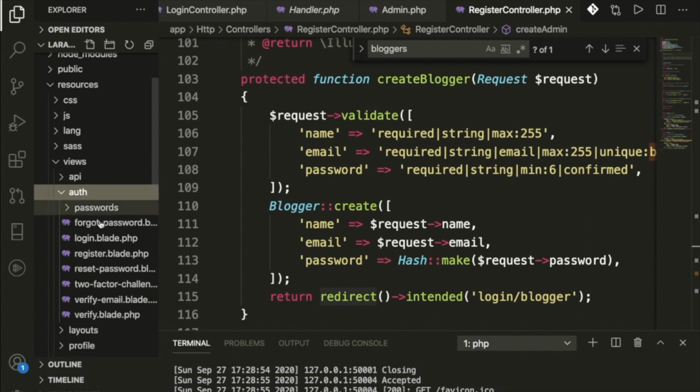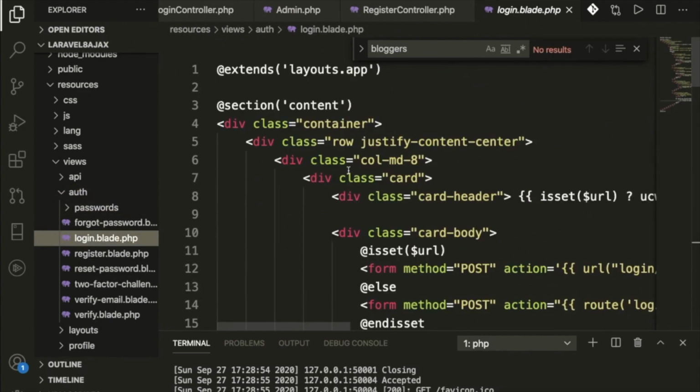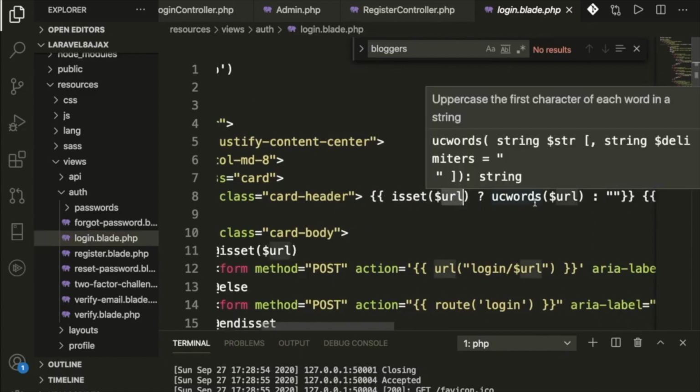We have auth and login. Let me scroll above. Suppose you're logging in from the blogger and admin, we are calling the same page, getting data from the URL, and printing the data here.